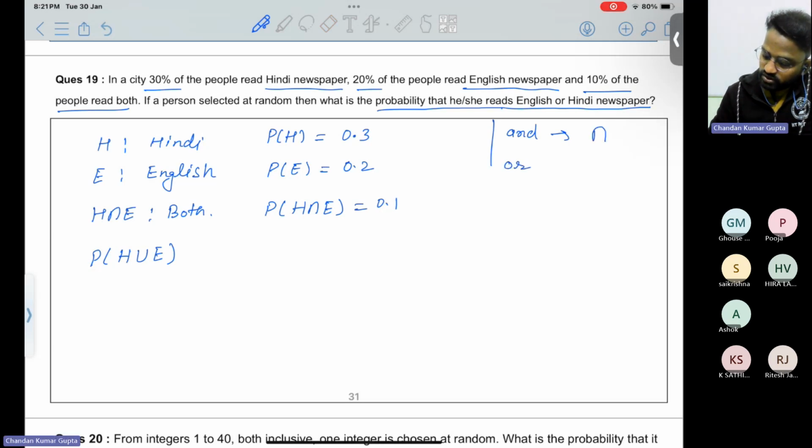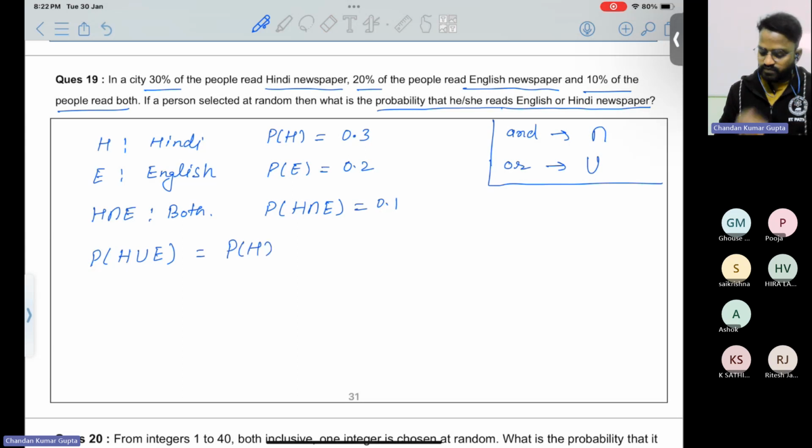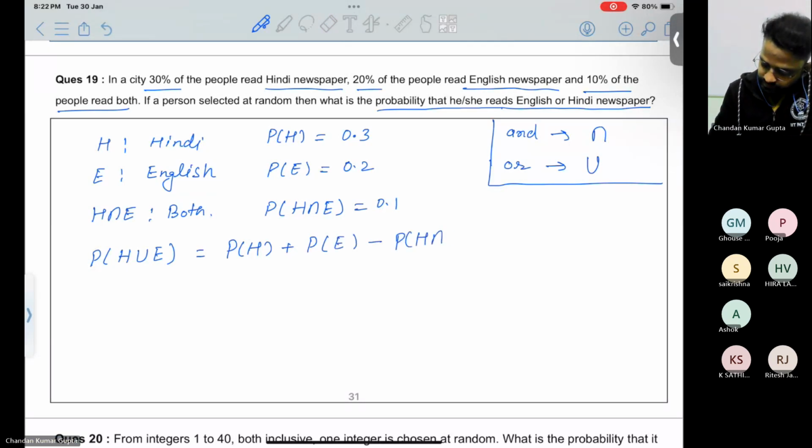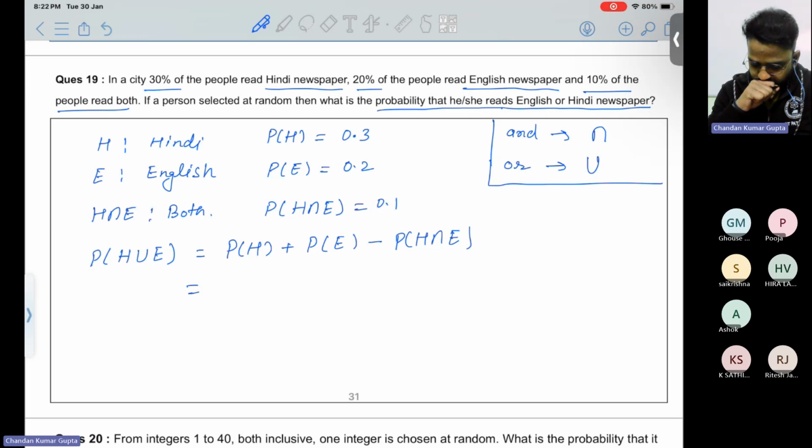And when we are dealing with or, it's about union. So here or means H union E, and this can be written as